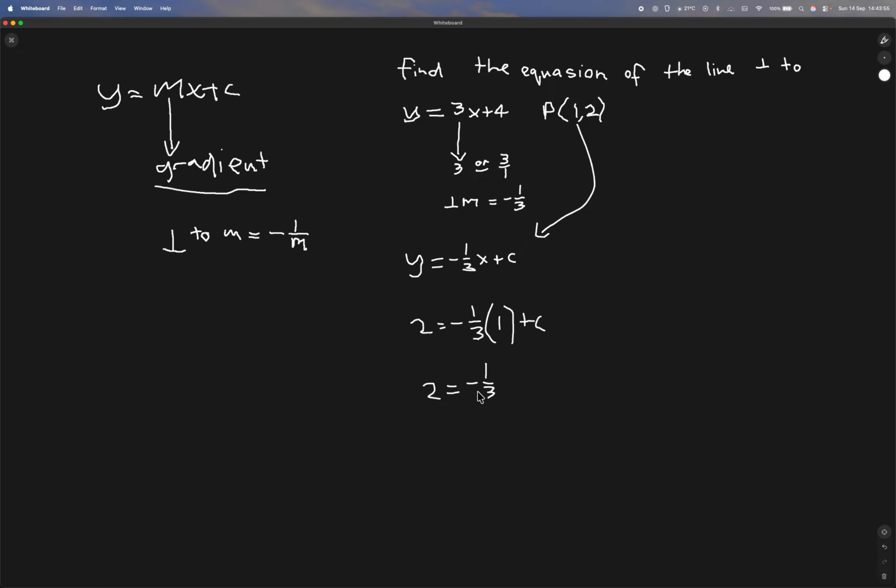Negative 1 on 3 times 1 is just negative 1 on 3 plus c. So now we're going to add 1 on 3 to both sides, so 2 plus 1 on 3. So y equals